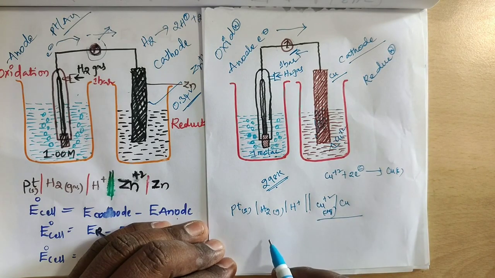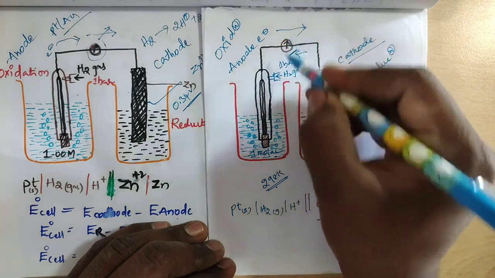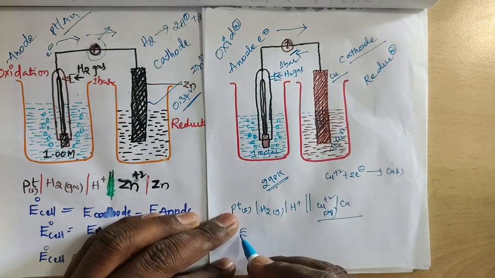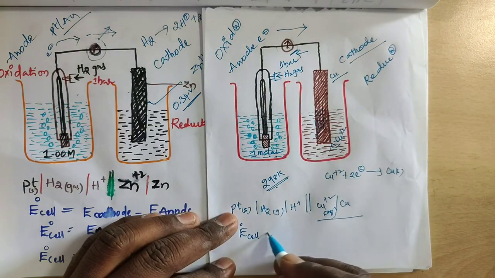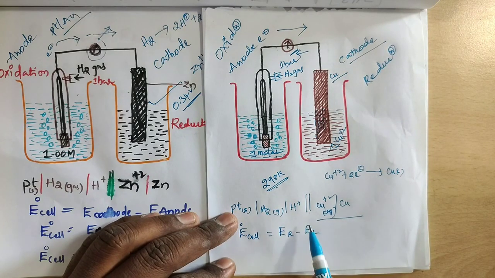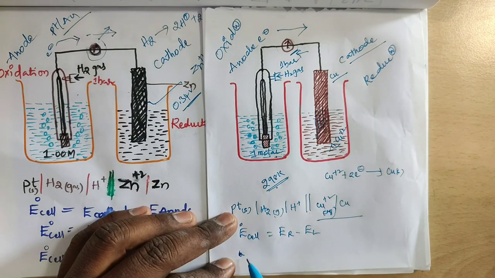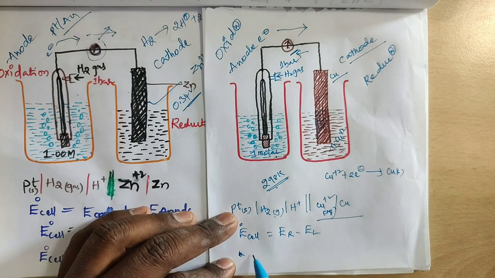So cathode potential is calculated. We take the net potential that appears as the total cell potential. So E naught cell equals E right minus E left. Which one is the E right? This one. Which one is the E left? This one. So E naught cell, for example, the total E naught cell value is given as 0.34 volts. We get 0.34 volts of